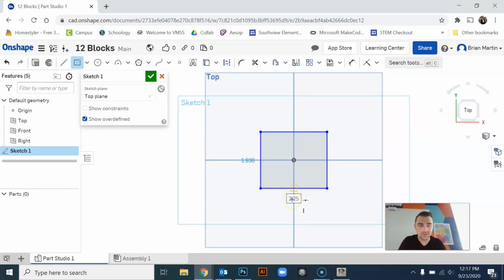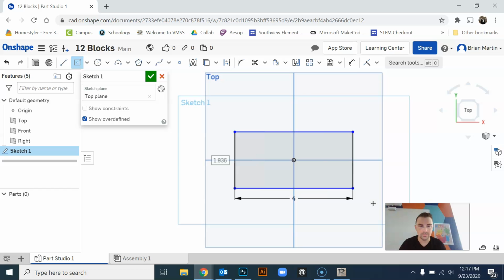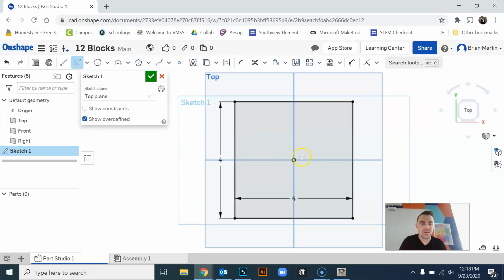And I don't have to click on it. Since it's already highlighted, I just type in the number 4, hit enter, and it's made it 4 inches now. It automatically moves to the next dimension, and I can just type in 4 for that, hit enter. And I now have a 4-inch by 4-inch square